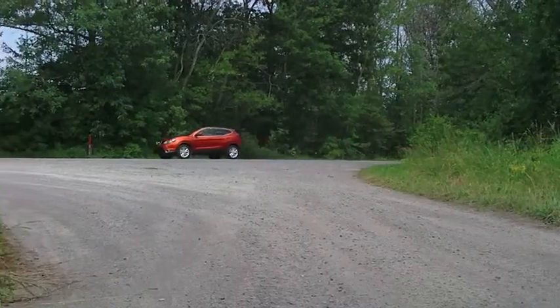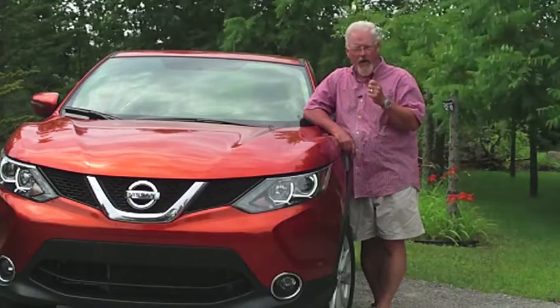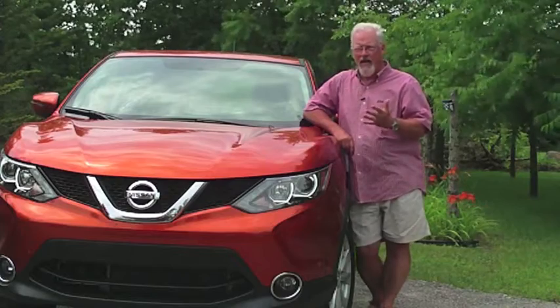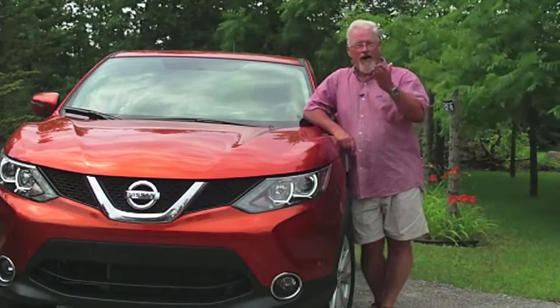It's, as I said, it's probably going to be extremely popular in North America, which is why I was originally puzzled at the name Qashqai until you think cash cow, and then you realize